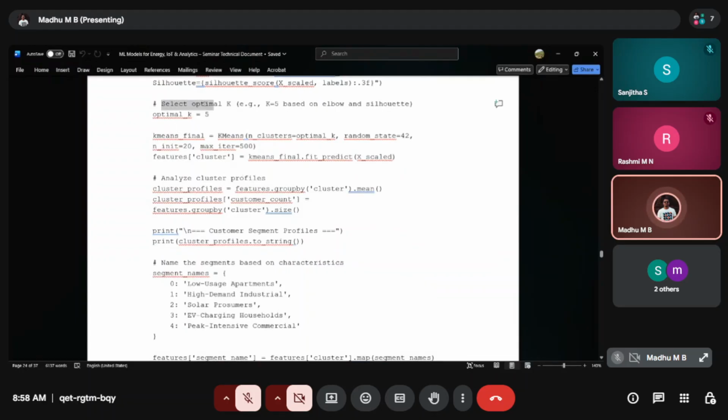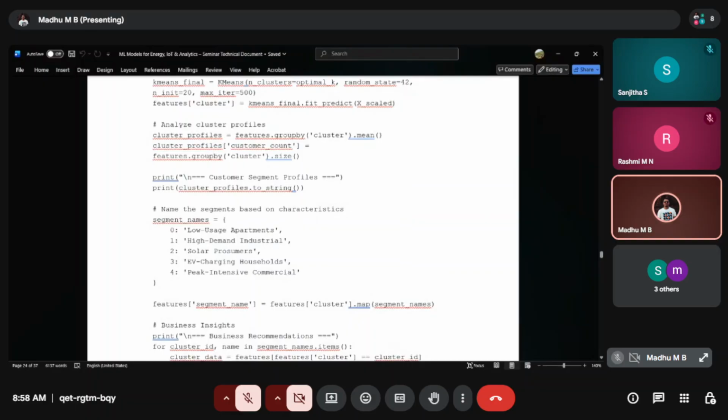So we are trying to select the optimal k value. For example, here k is based on the elbow. We are trying to give a reference point. If the value is after this reference point, we assume the output is good. If the value is below that specific point, then we will say the output is not that great. This is where the reference point comes into the picture.